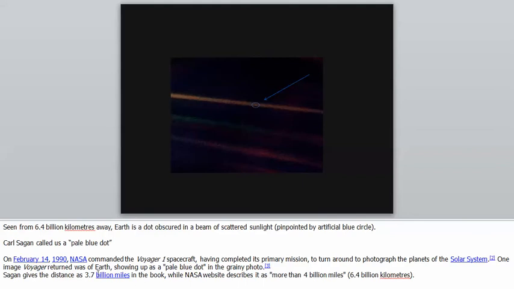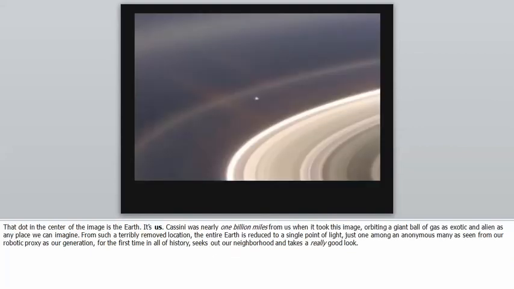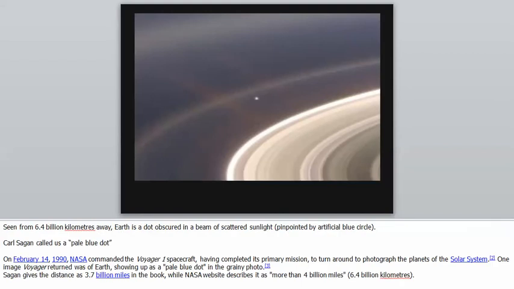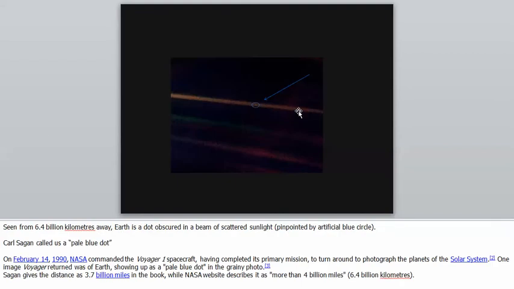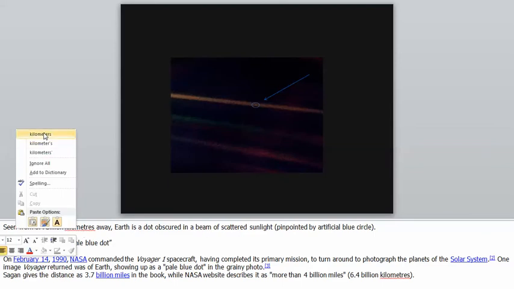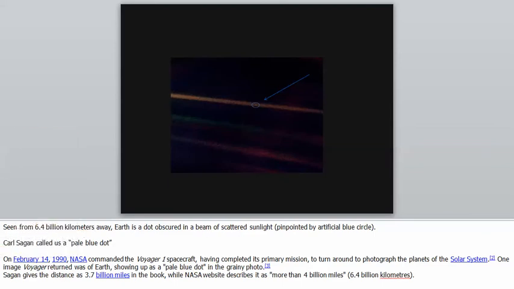They're looking through the Voyager 1 spacecraft, taking pictures through one of the rings of Saturn, I believe. Nope, that's the next one. There we go. That's what we look like through the rings of Saturn, and through a beam of light way out, 6.4 billion kilometers away. Oops, I misspelled that word. There we go. Keep going.